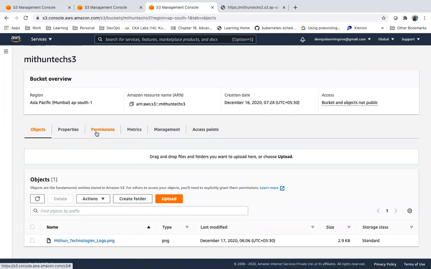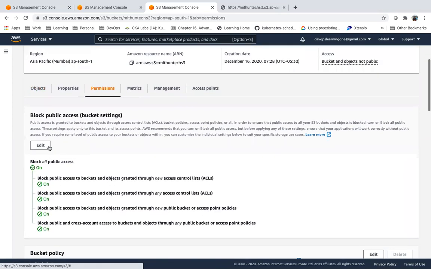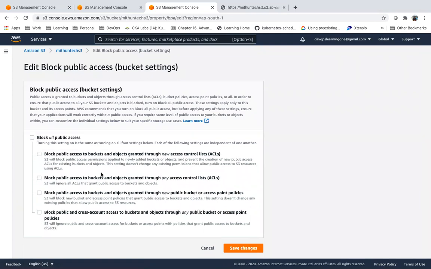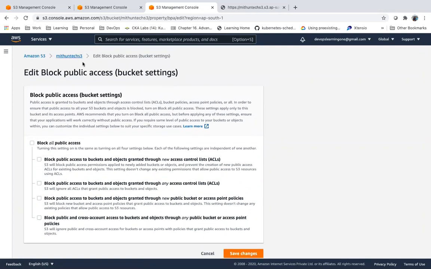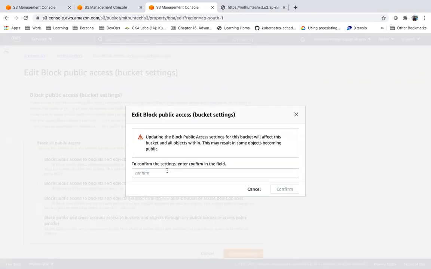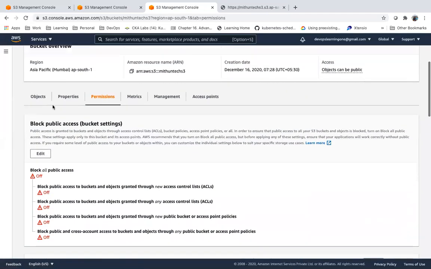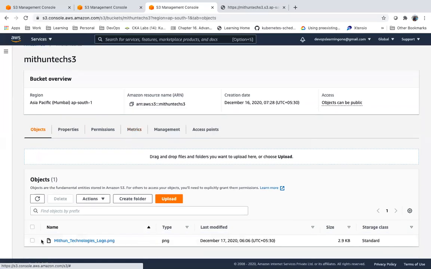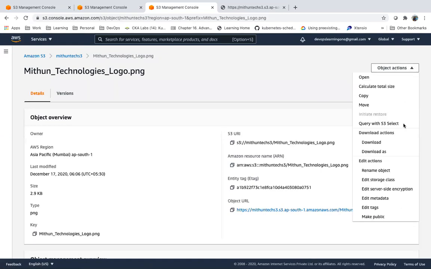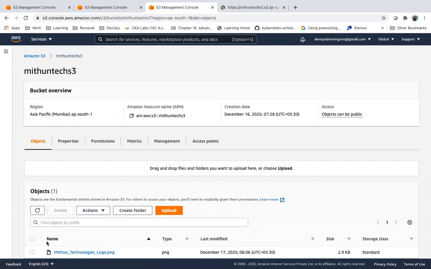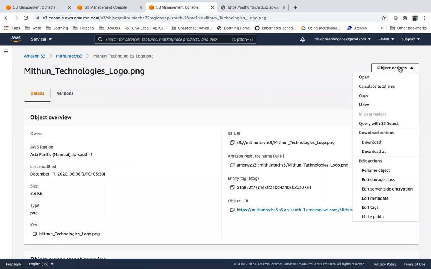So let me give public access. I am allowing public access at a bucket level. Now I have enabled public access at bucket level. Then I will make this object public.